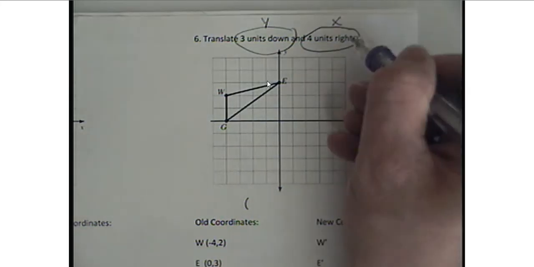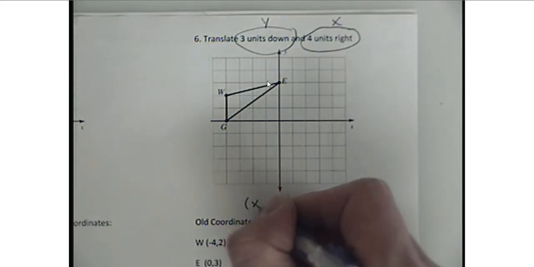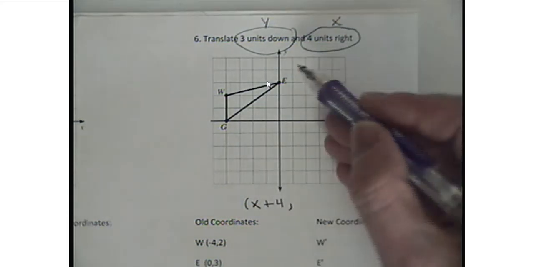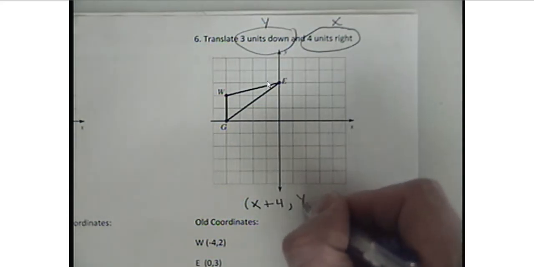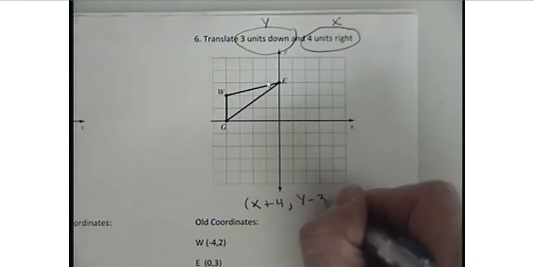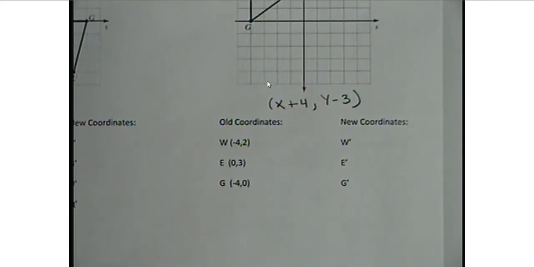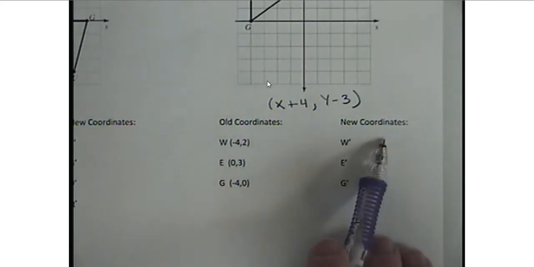So for x I will put x, 4 units to the right means plus 4, and for y will be y, 3 units down means minus 3. That will be the rule, and we're gonna apply this rule right here to calculate and find the new coordinates